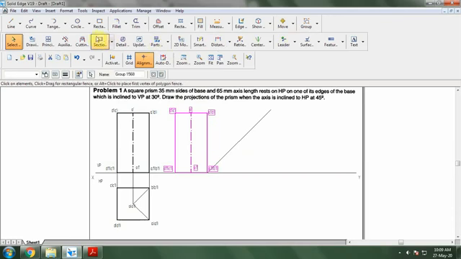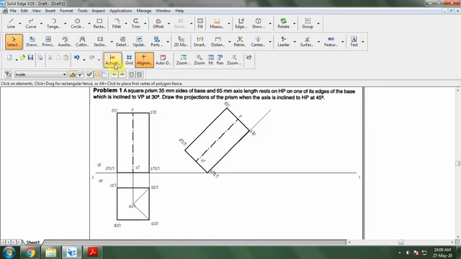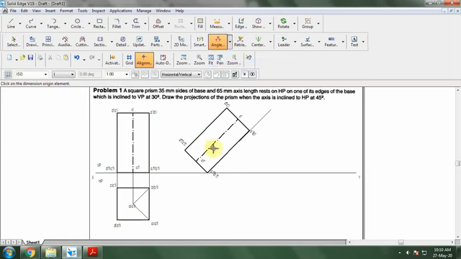Now go for rotate, the rotate option without a copy. I'm going to select this A1, B1 has to be on this, whereas A or B has to be on this inclination. Once you've done this, go for angle between. For angle between, you can select the axis line, which shows 45 degrees over there. But instead of rotating the axis, I rotated this edge, the rectangular edge, by 45 degrees so that the axis will be at an angle of 45 degrees.